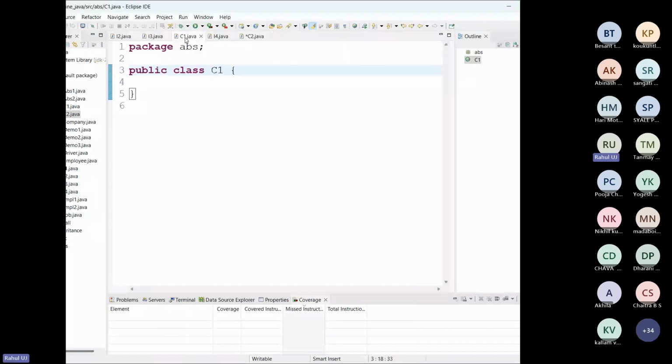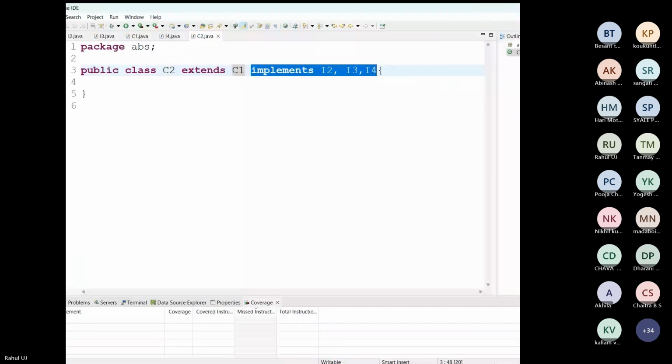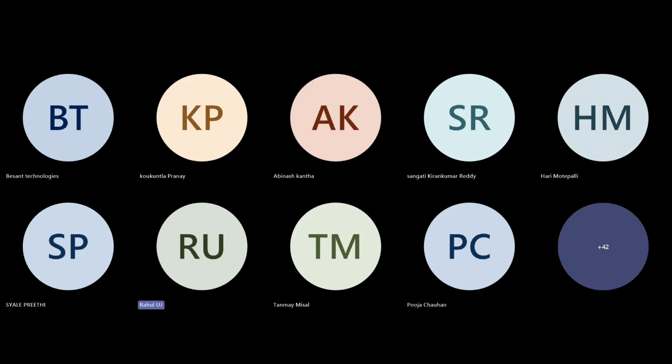Because we cannot have multiple classes as a parent. So that is why class to class inheritance is done first, and then you can do all the implementation. Got the point? So I think the class is completely